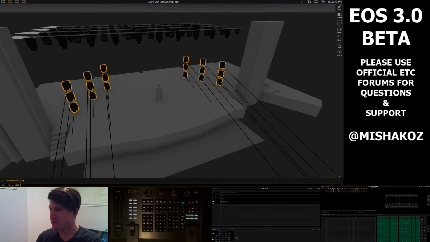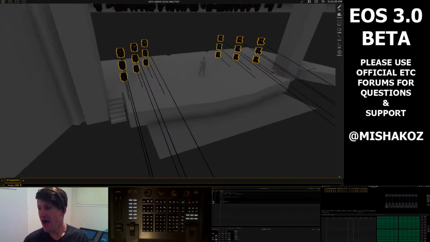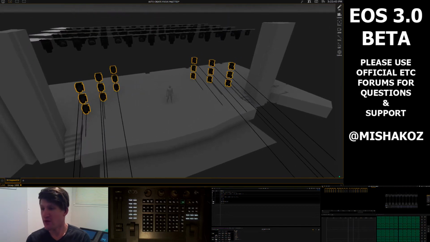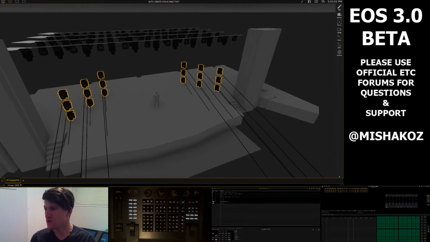I want to be able to put them in an effect automatically, and then just press enter to generate focus palettes off of the effect. I have most of it down. What I'm trying to do now is basically, in any lighting design, you'd want the right half of the stage and the left half of the stage to mirror each other. And so to do that, I need to divide the selection in two,